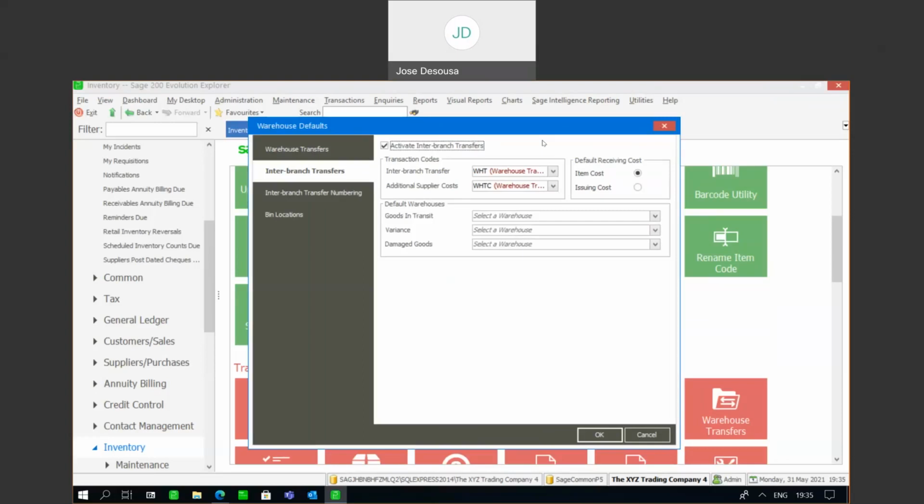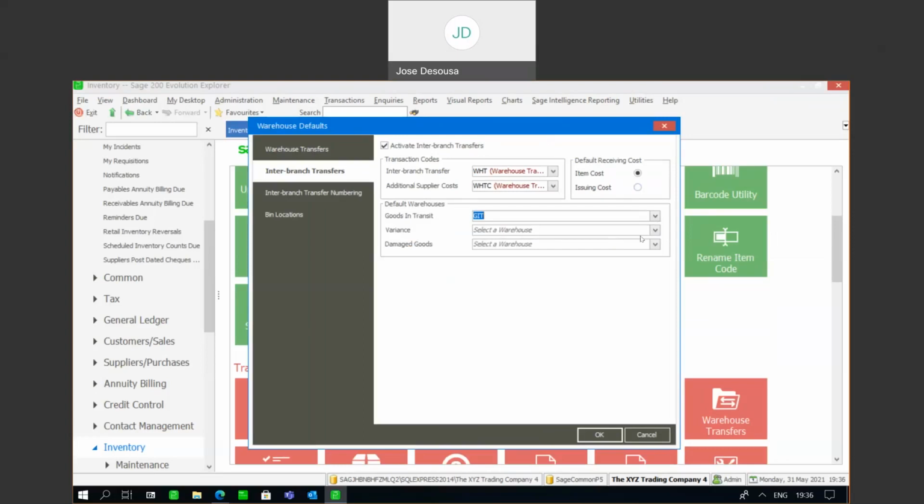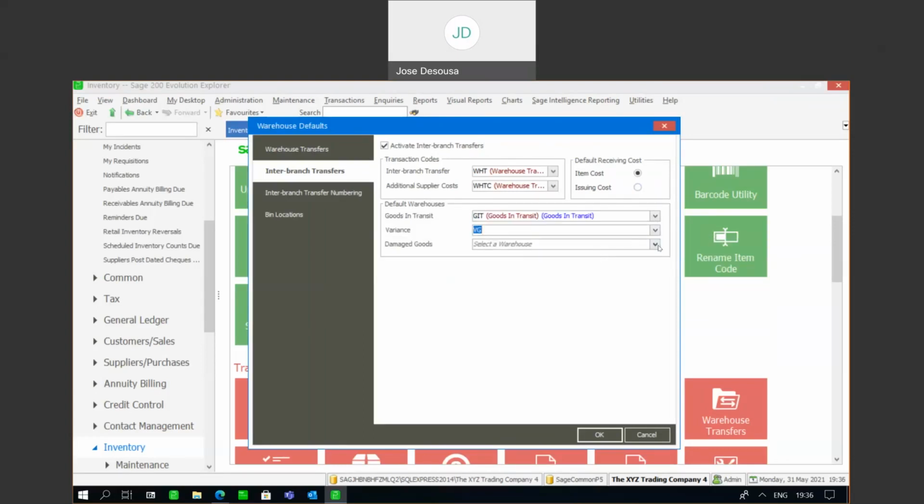Now, very importantly, when you activate interbranch transfers for the first time, the goods in transit, variance, and damaged goods warehouses are created automatically. So I'm just going to, at this point, specify a goods in transit warehouse, a variance goods warehouse, and a damaged goods warehouse. Right, so we've specified those warehouses, and now we can go on to the interbranch transfer numbering